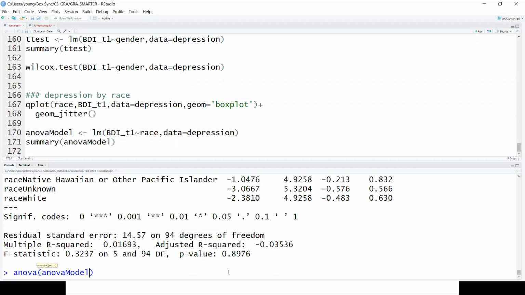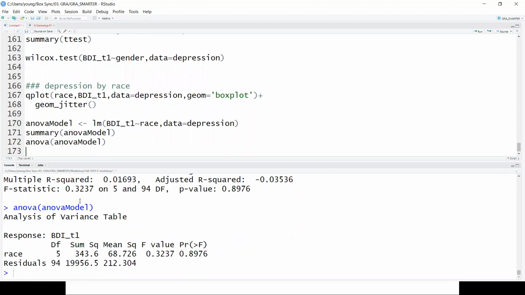the ANOVA function here, I should follow my own advice and put this up on the screen. So maybe that's what you were looking for.